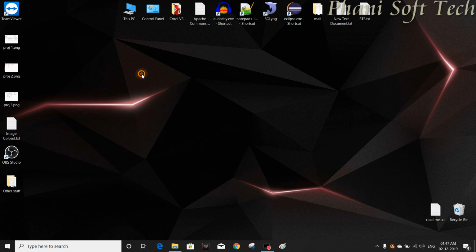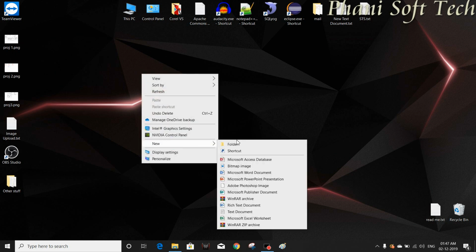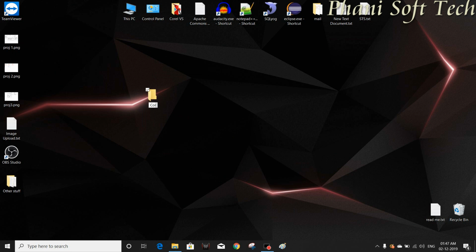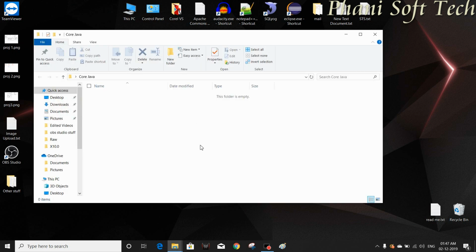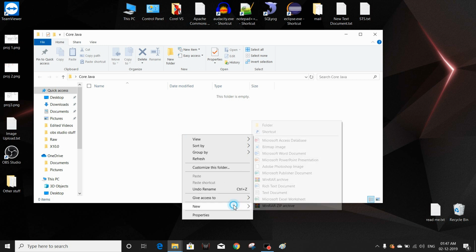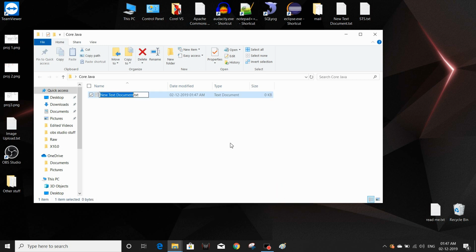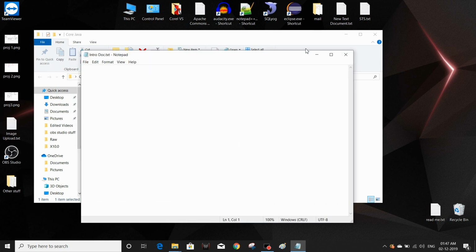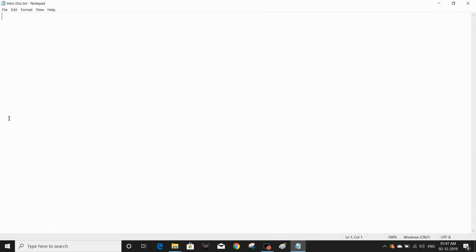Okay, then first go and create one folder for us, like I'm going to create Core Java. In this session we are going to focus only on the introduction of Java. So I'm going to create one introduction document. In this session we are going to focus on what is Java,